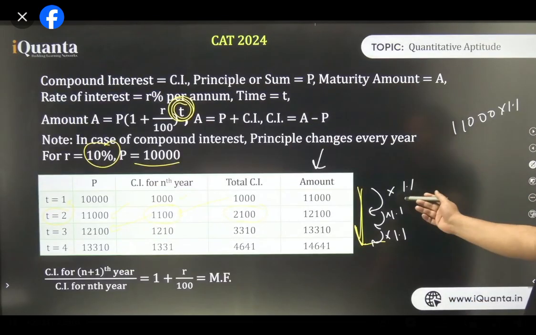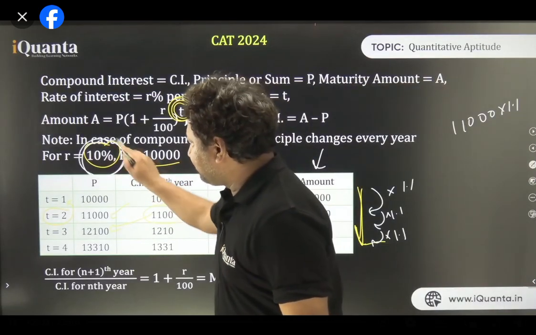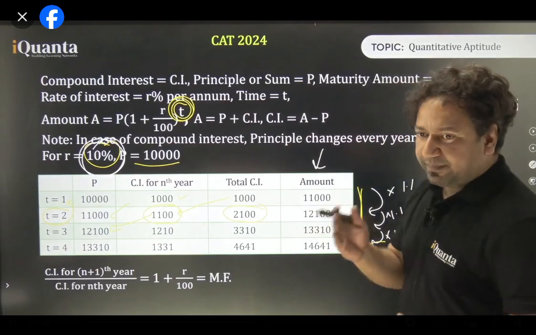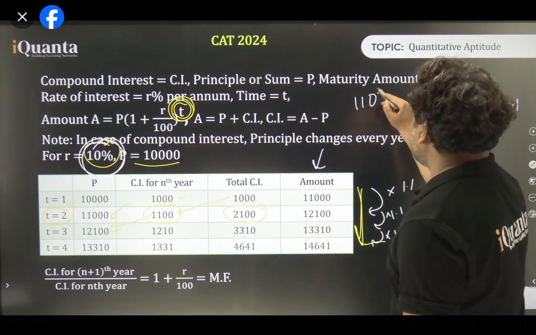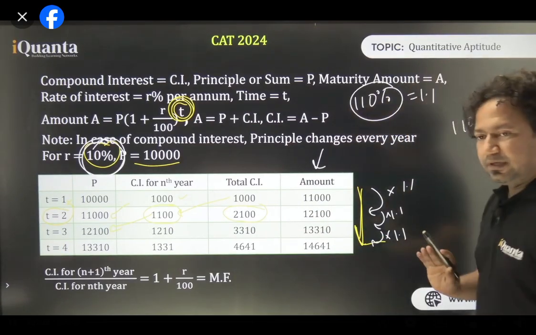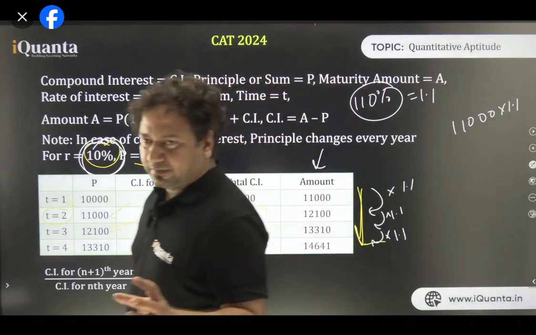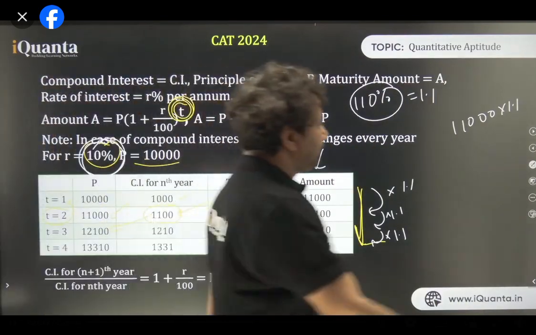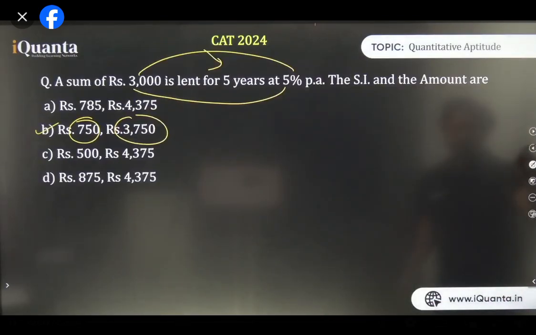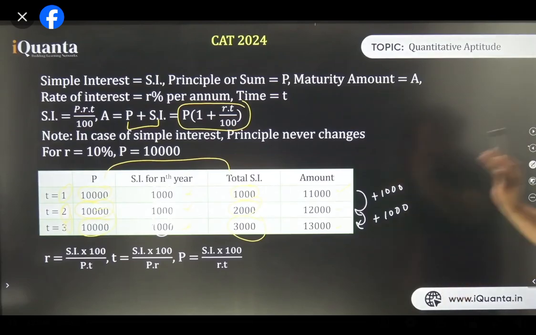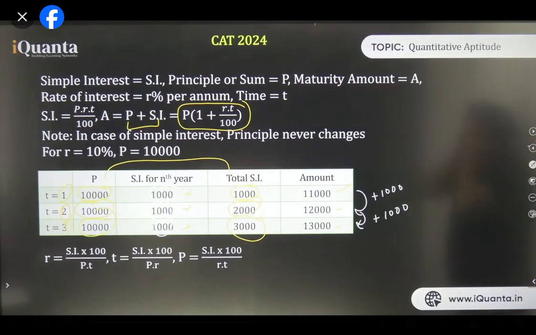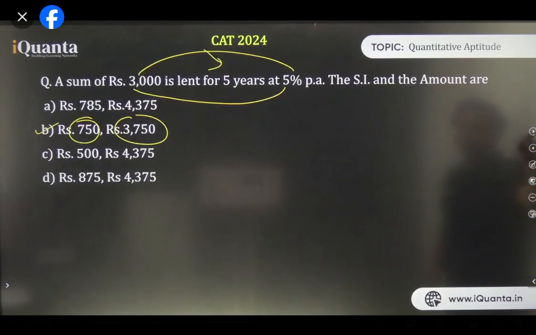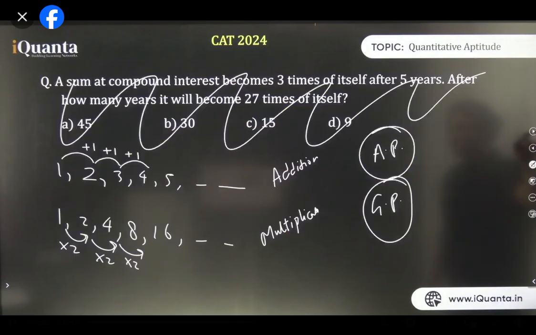By the way, why 1.1? Because here it was 10%, and in the previous sessions you must have realized that if something increases by 10%, it becomes 110% of itself. It is nothing but 1.1. If it was 20%, it would have been 1.2. If it was 30%, it would have been 1.3. Clear? So the revision has been done. Look at the side table once again. All right. Nothing is getting multiplied. Things are getting added. Now continuing with the questions that we are doing.